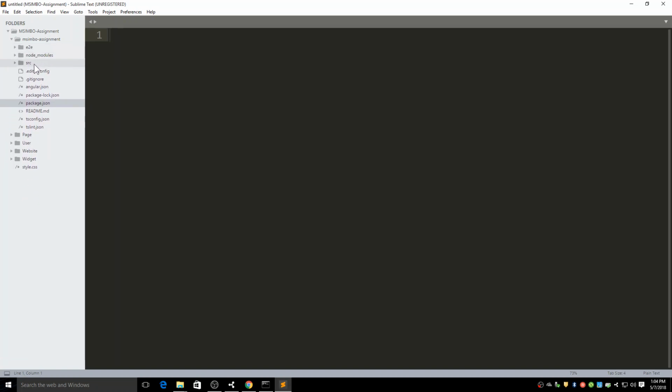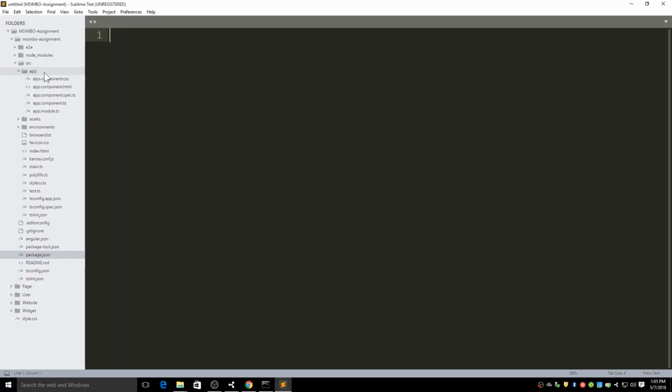And the most important things are all in this folder, source, src. In this folder, all our code should be going in this source folder. All right. So here I have an app and I have assets. I will go over them later. So firstly, what you can do is